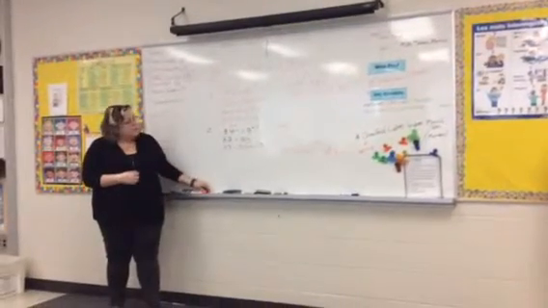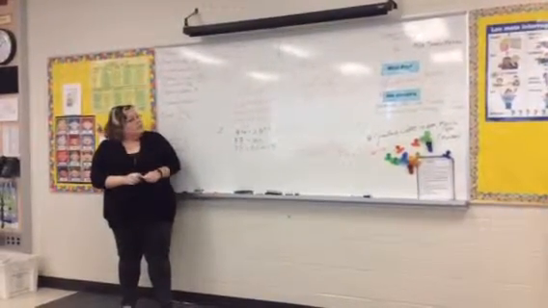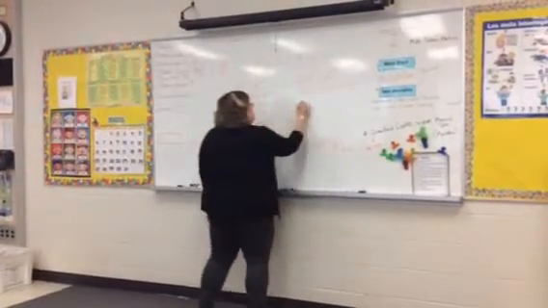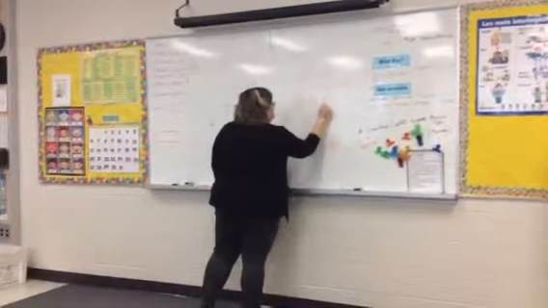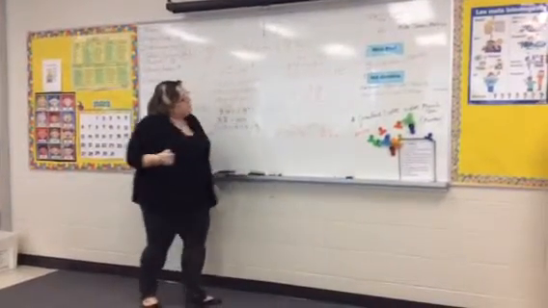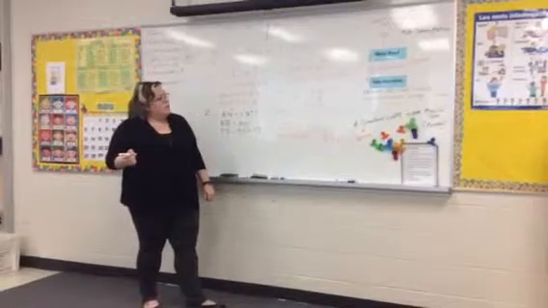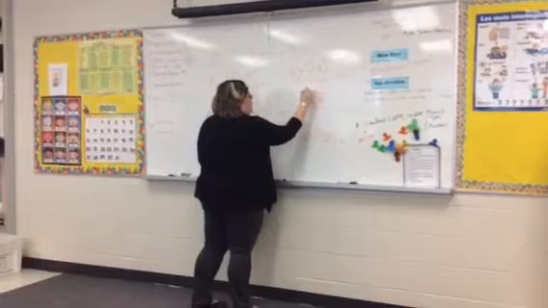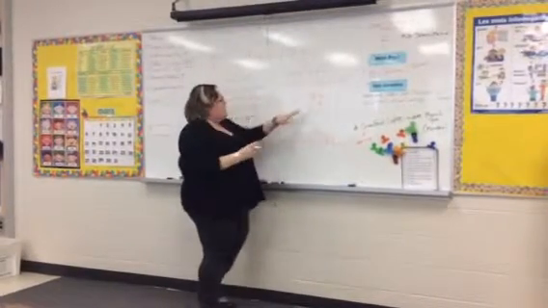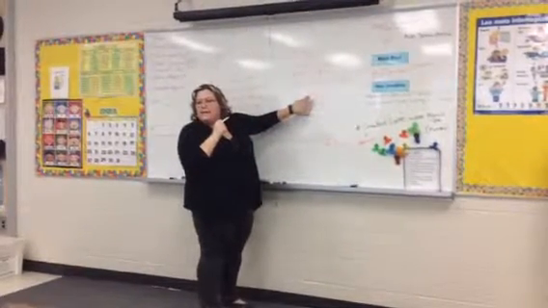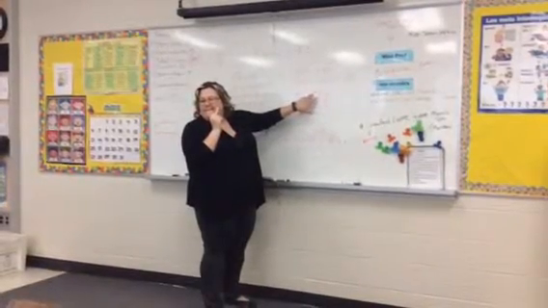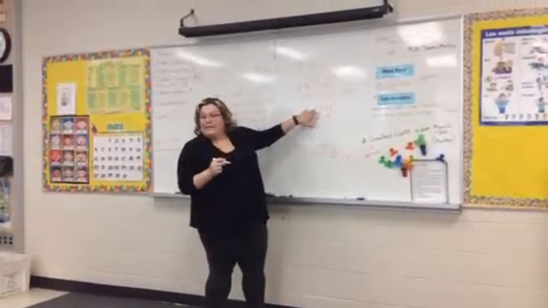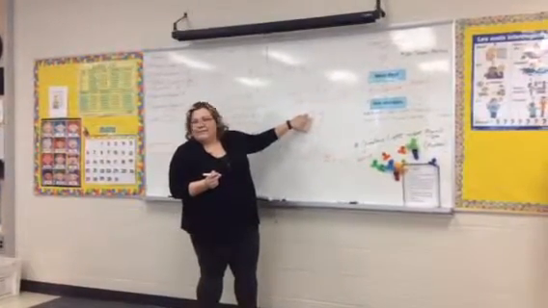What did you do? I just did 30 on top, 19 on bottom. Oh, you used the algorithm. What's your name? Lucas. So you stacked them like this? Yeah. And then what did you do, Lucas? I did 4 minus 9, you can't do, so you cross and you get 14. So you crossed this out, and what did that leave you with? 2, and make that 14. Now, is that really 2 that you had left? No. What is it? It's more of 20. Why is it 20? Because the 3 was 30. Yep. Right, because what column is it in? The 10's column. Awesome, Lucas.